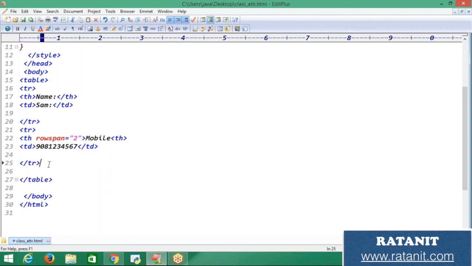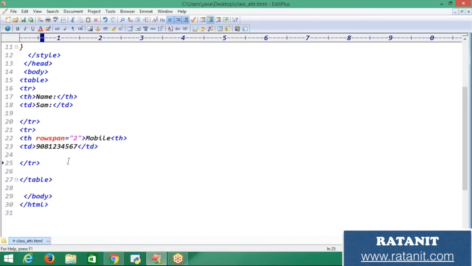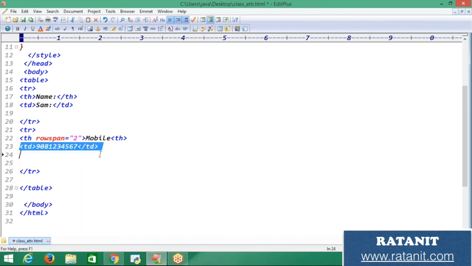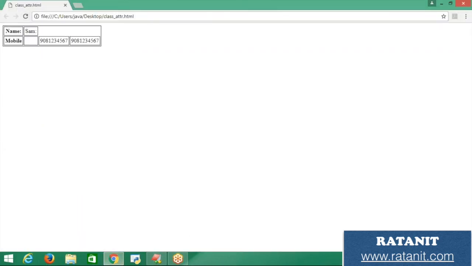Okay, now just save the program and run this. See, in place of Sam, 2 spaces are there, one mobile number I have already given. Now give another mobile number also here, inside this tr. Just give another td also over here. And just refresh and see: however many mobile numbers you give, that many it will take.